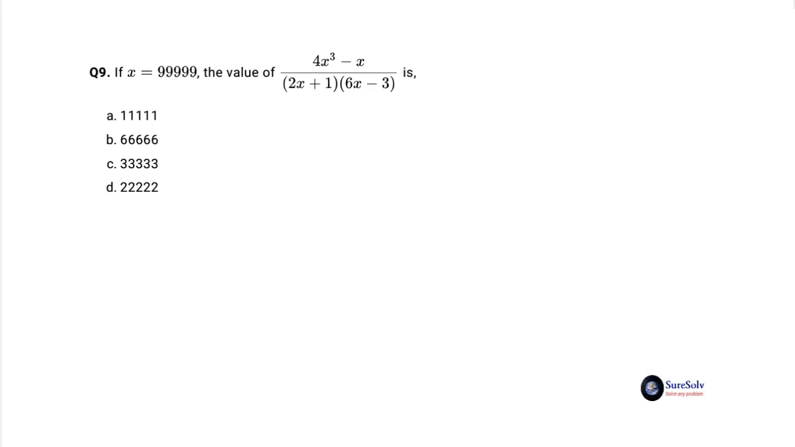Here, especially when the given variable value is large, we must take the golden strategic step of algebraic expression simplification of the target expression as far as possible. Taking x common in the numerator and 3 common from the second factor of the denominator, we have target expression as x multiplied by (4x squared minus 1) divided by 3 multiplied by (2x plus 1) multiplied by (2x minus 1)